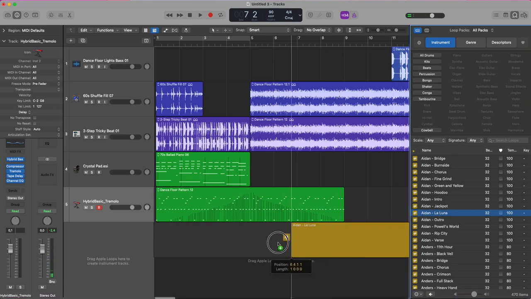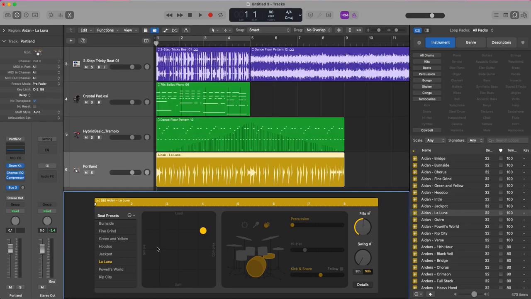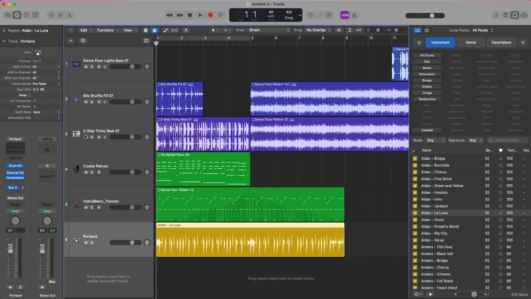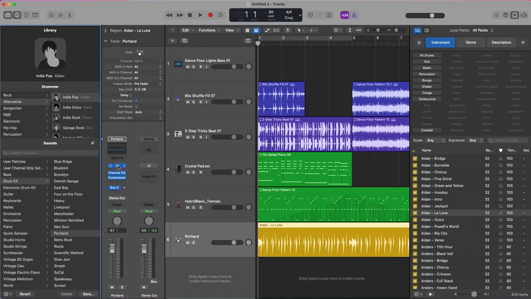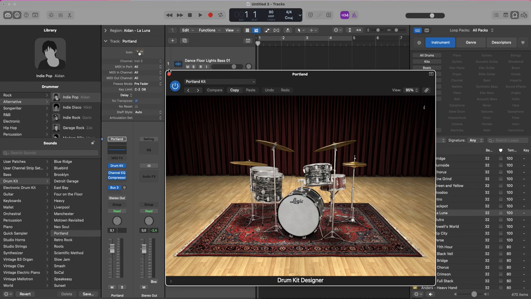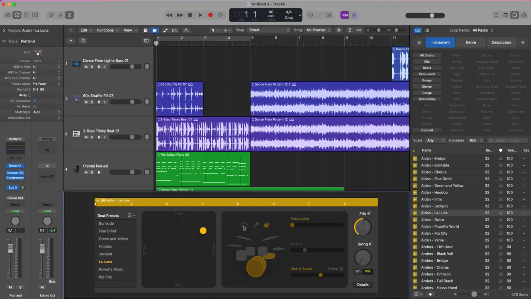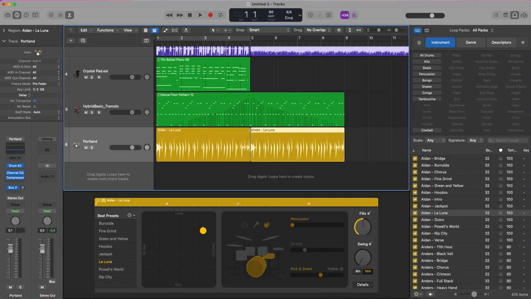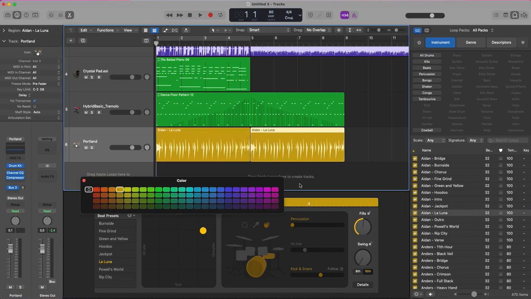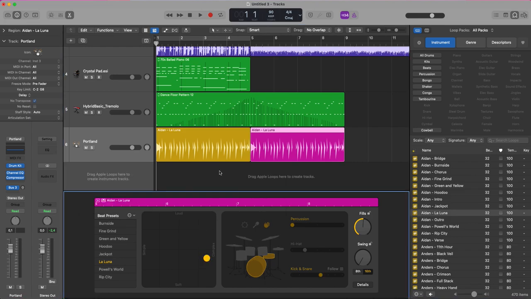If I drag them into an empty space, they will give me a Drummer region with a kit, and so I can then edit it like I normally do with Drummer. For example, I can split it and edit everything like a Drummer region.